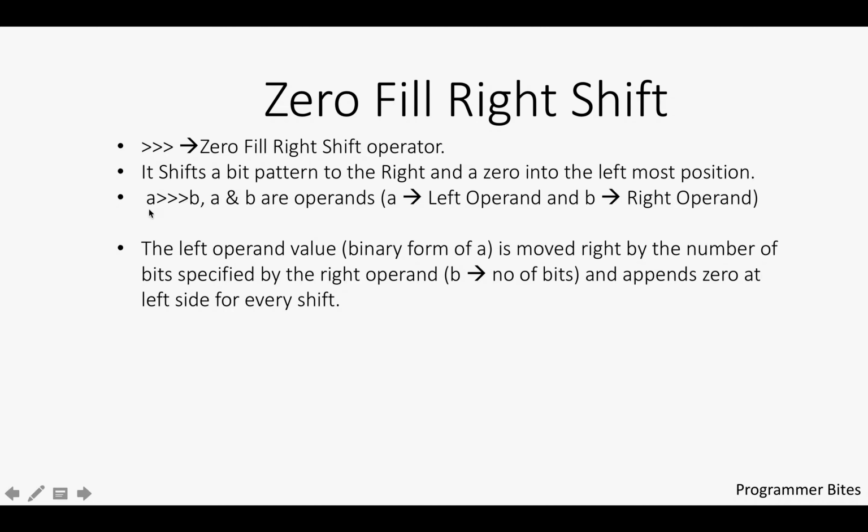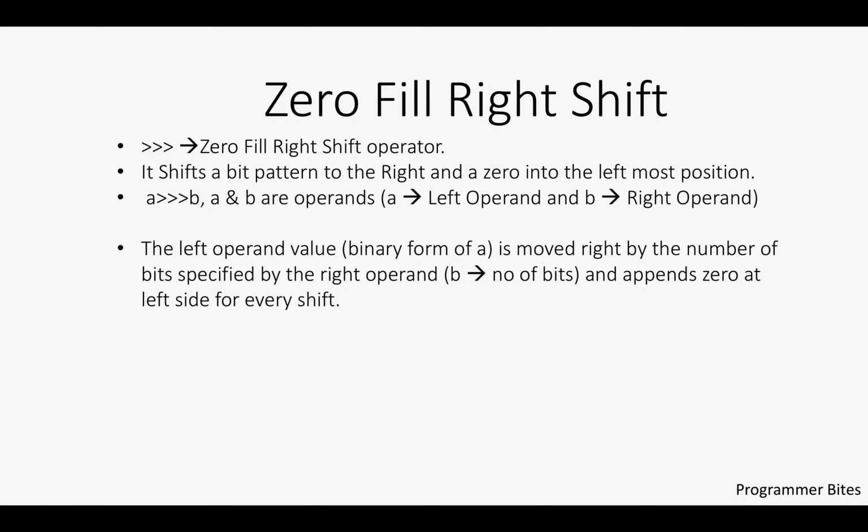A is the left operand and B is the right operand. The left operand value, that is the binary form of A, is moved right by the number of bits specified by the right operand B. B is the number of bits, and a 0 is appended at the left side